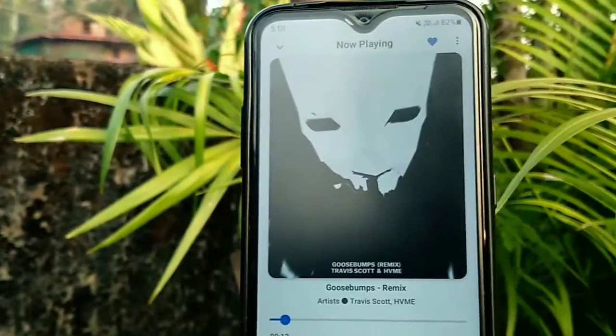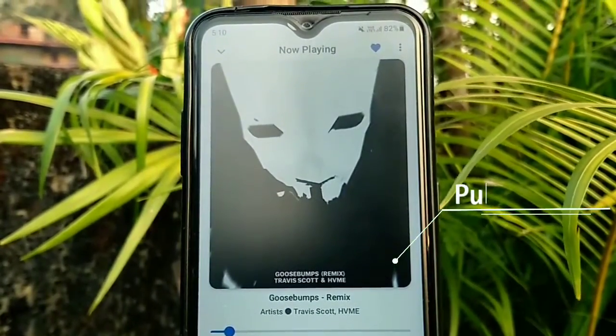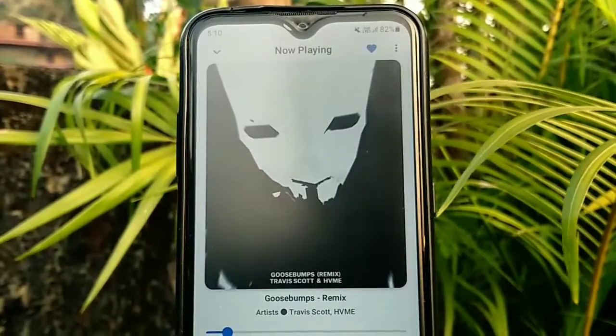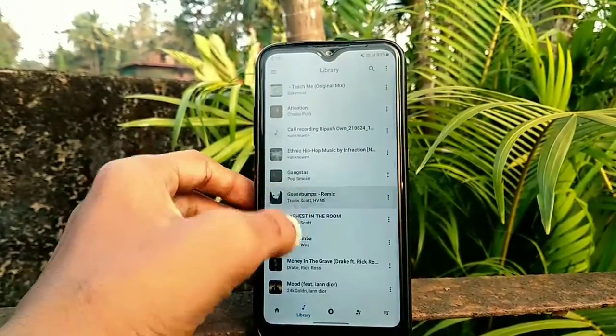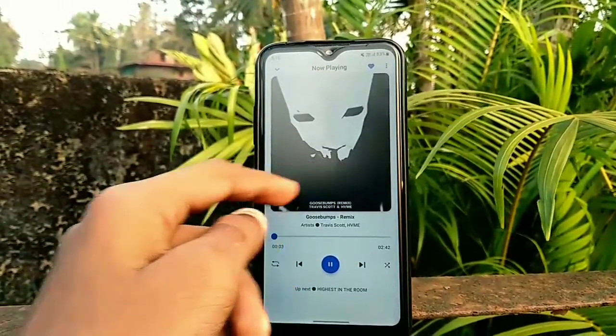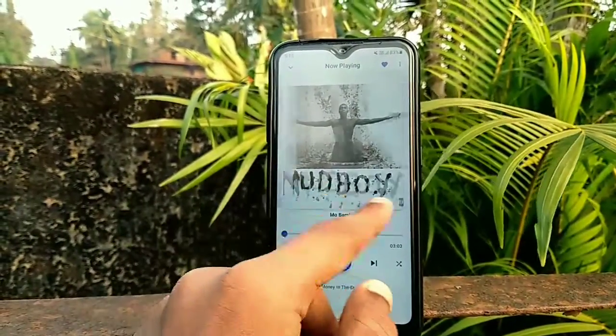You listen to music offline. You're in need of a really great music player. Well, Pulse Music might help you with a bunch of customization and features. It comes with a dark theme specially made for AMOLED screens, where you can save up to 40% of your